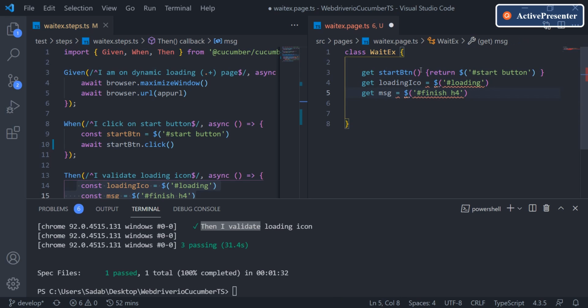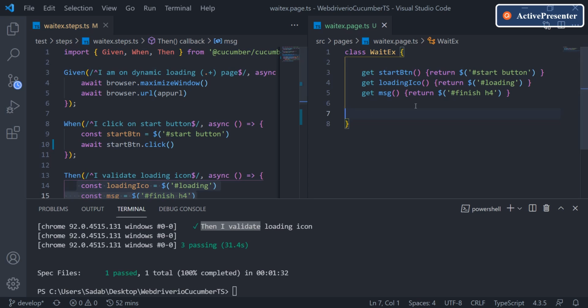Let's replace this equals sign with a return statement. If you're confused about how this works, you can see the previous videos where I've done it and explained it as well. I'm just following the same approach. Normally I used to make this private and then create a public function, but in this case I don't want any other action. I'll use it directly, so I'll not make it private.